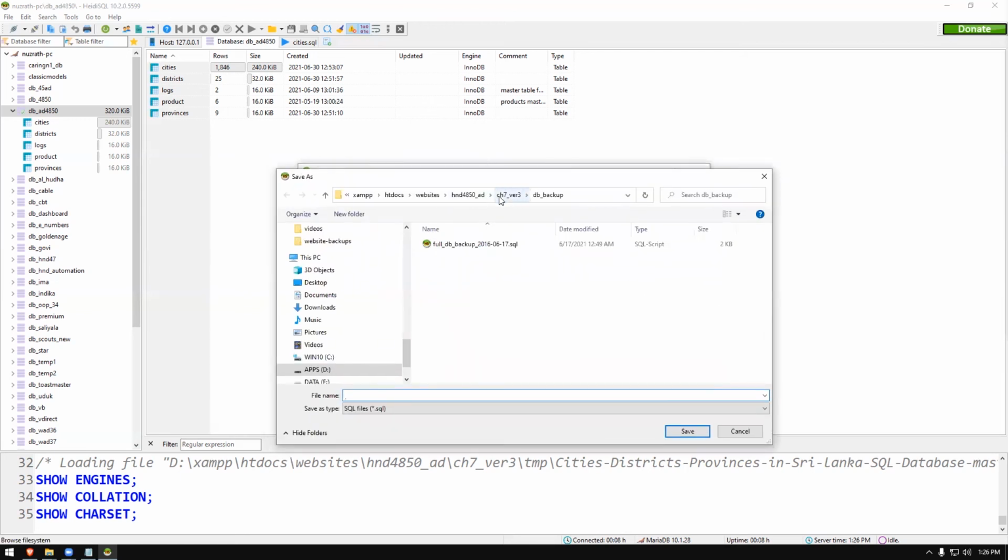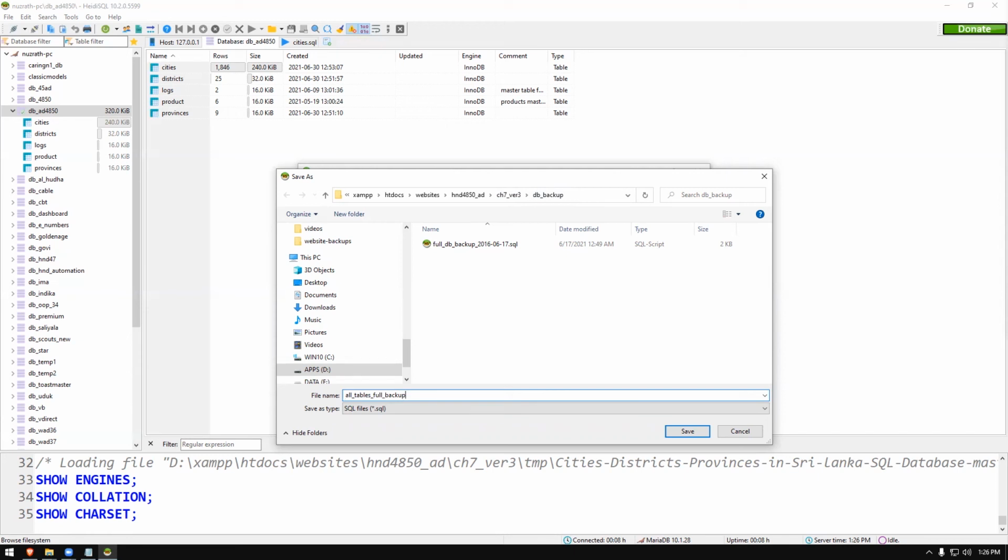Here I have already taken a backup to give you that day. So when I'm taking the backup, I'm taking it inside your folder, chapter 3, chapter 7, version 3, where the database backup folder is. Inside that, I'm going to give all tables full backup.